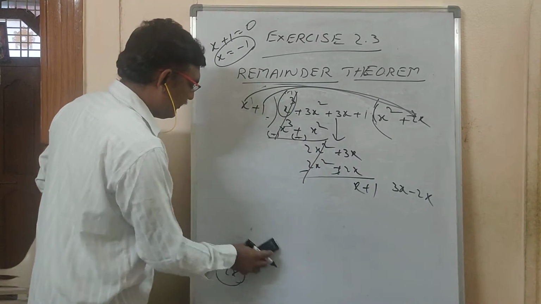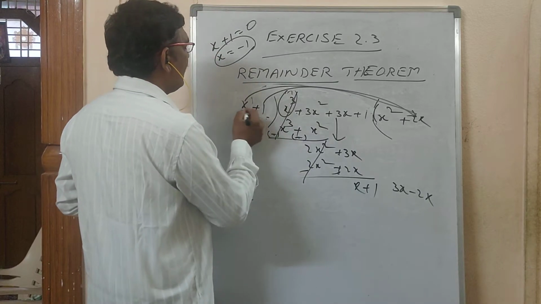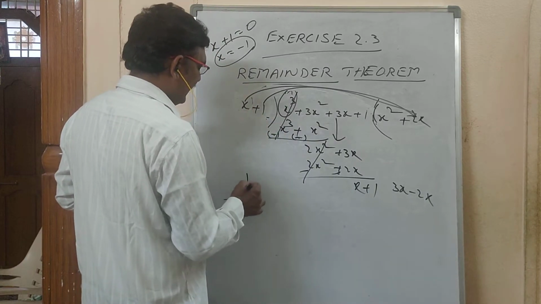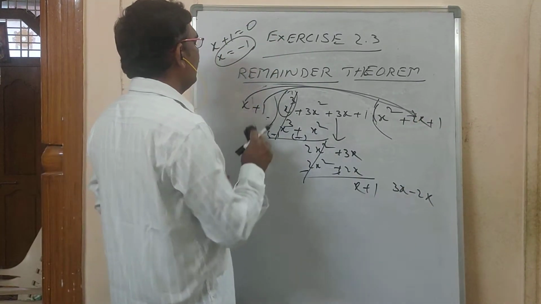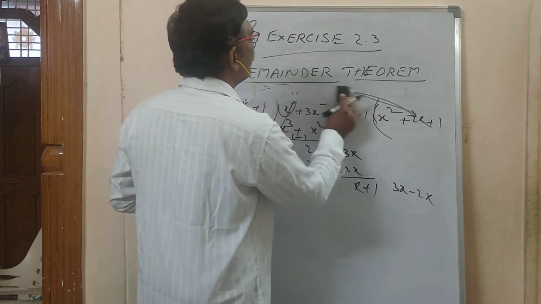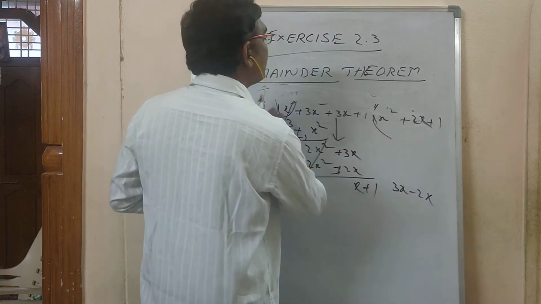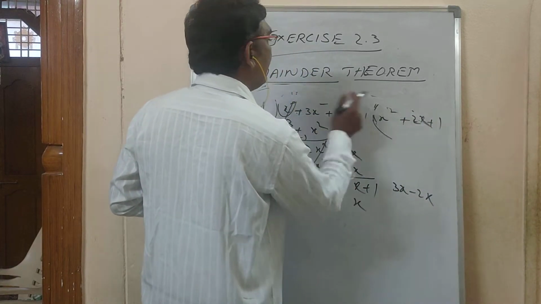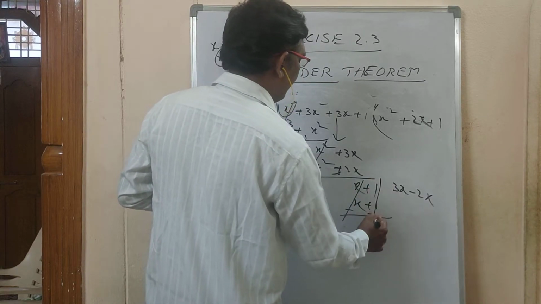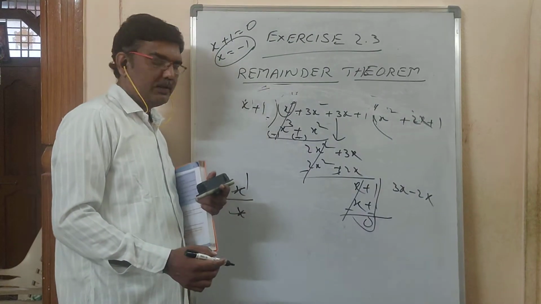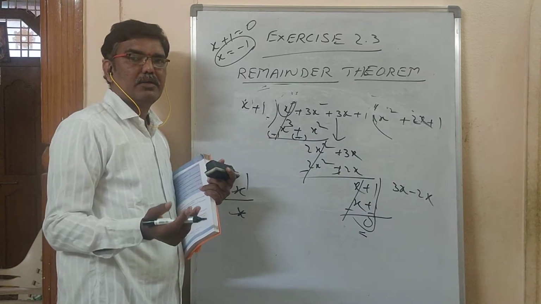Again here also the same. Whatever remained, first term x. If you cancel, you are getting 1, so you have to write here 1. Now multiply these two with 1. x into 1 is x, 1 into 1 is 1. Now if you do subtraction, x minus x cancelled, 1 minus 1 cancelled. What did you get here? 0. What remainder did you get here? 0, you got it. Okay.